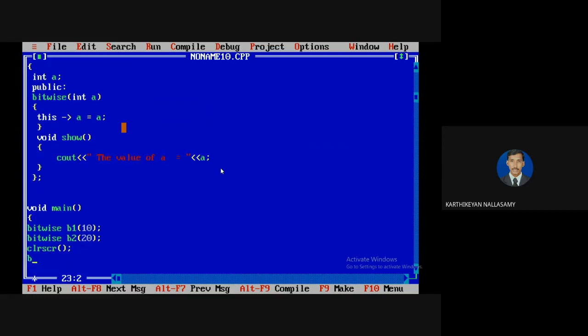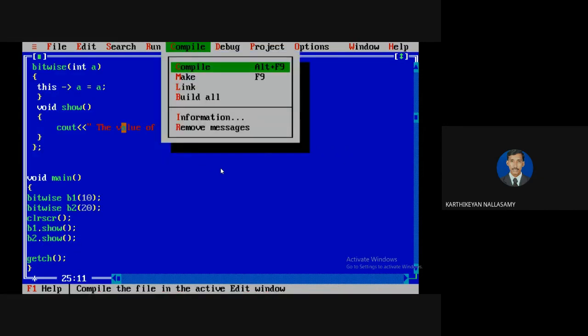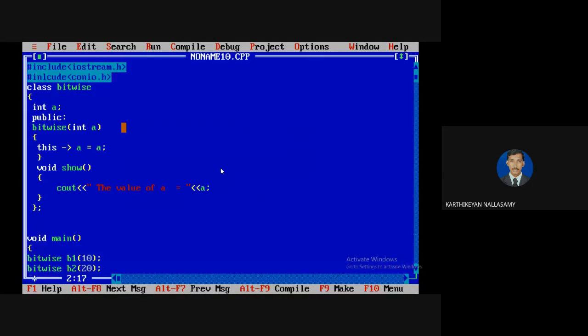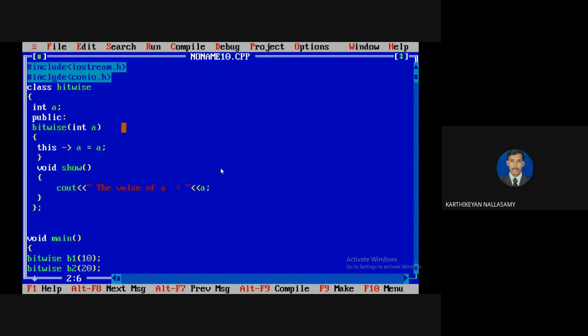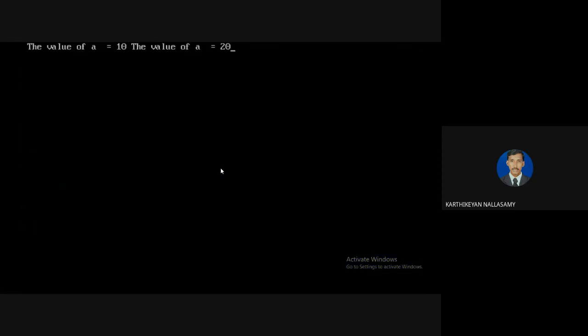Now I'm going to apply b1 dot show, just to display the value in both for understanding purposes. Now I'm going to compile. There is a problem in the include directive. Now no error, so I'm going to run it, and it will display 10 and 20.